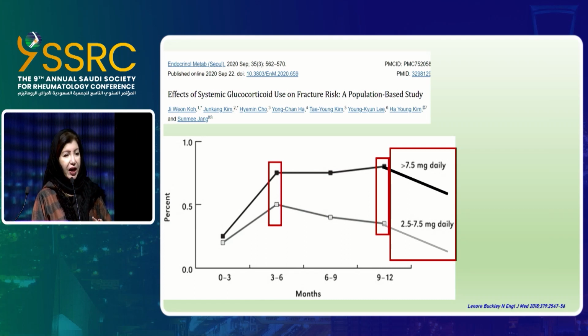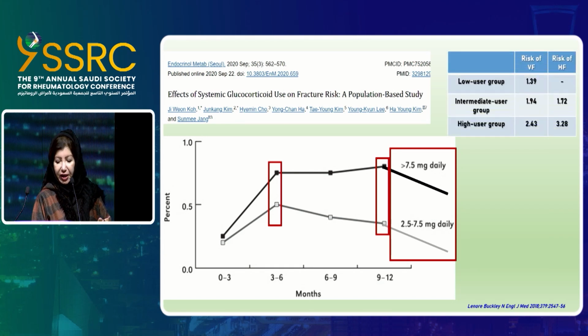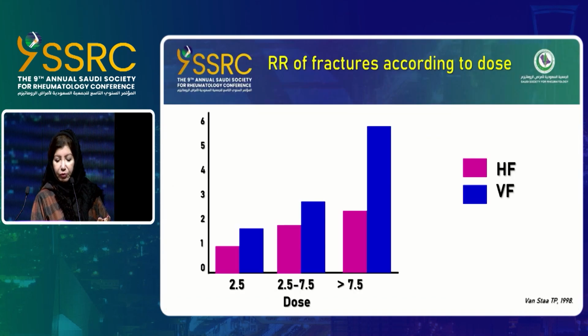The risk of fracture, of course, is related to dose. Doses of 7.5 and more cause significant bone loss. There is some evidence about bone loss with smaller doses, but it's not very strong. But it's mainly the dose that is linked with increased risk of fracture, so the risk, again, increases according to the dose.